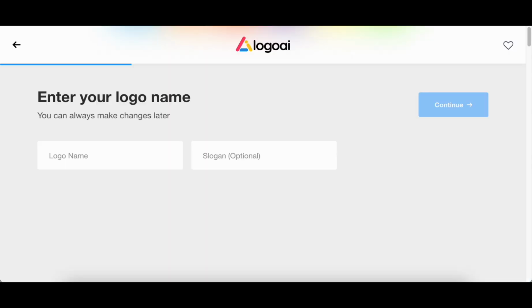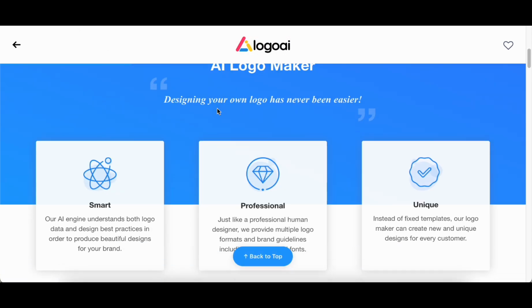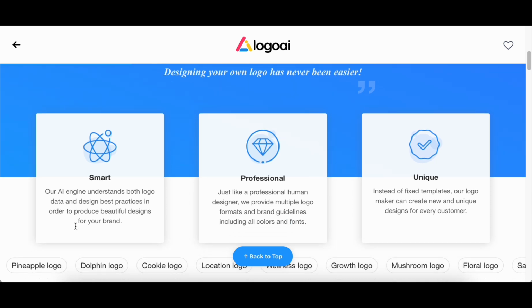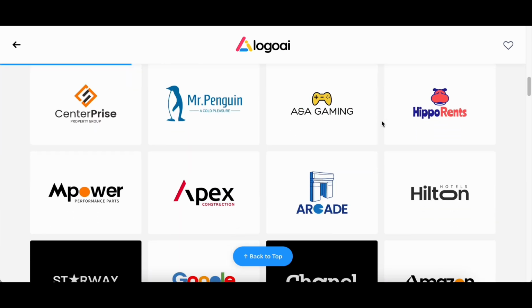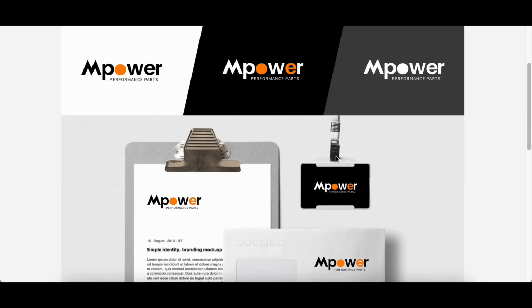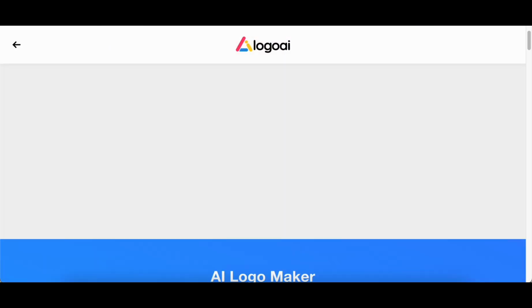is Logo AI. Distinguished for its commitment to crafting visually stunning designs, Logo AI sets itself apart by deploying a sophisticated Logo AI engine that seamlessly integrates both logo data and design best practices. This unique amalgamation of data-driven insights and design acumen positions Logo AI as a formidable player in the realm of AI-powered logo creation. One of the key strengths of Logo AI lies in its comprehensive understanding of logo data and